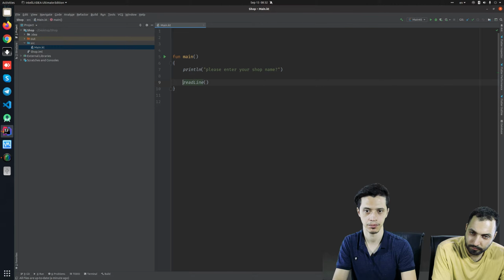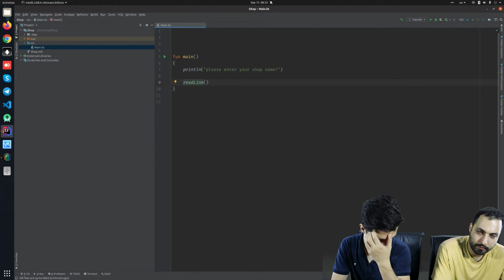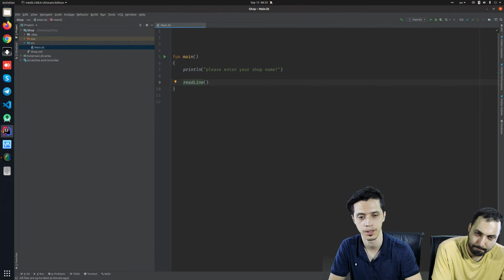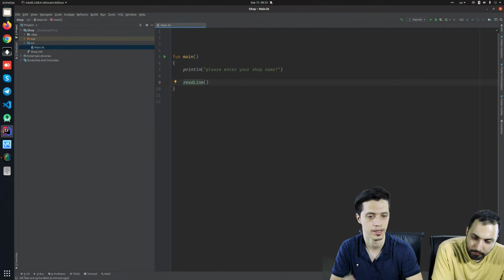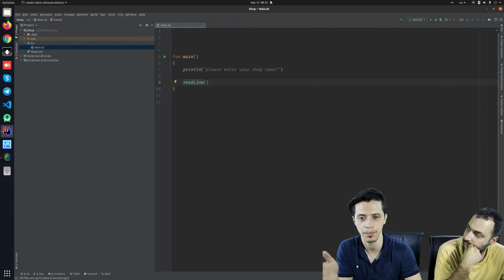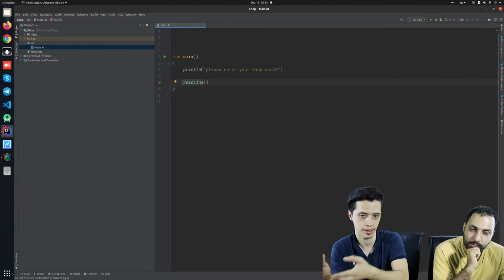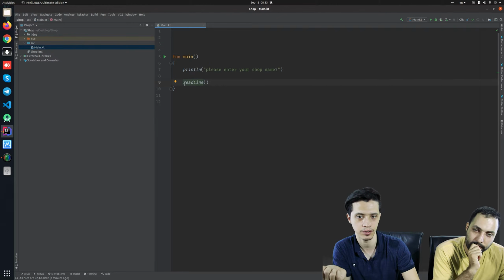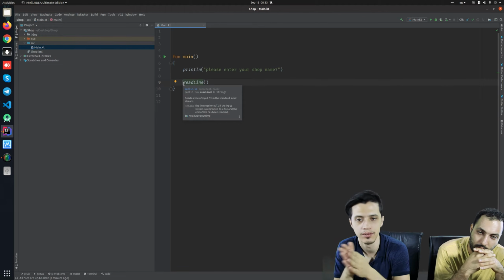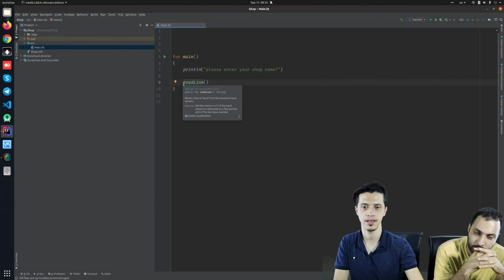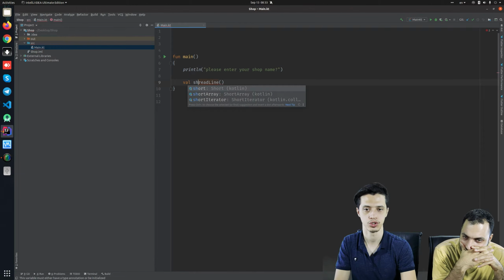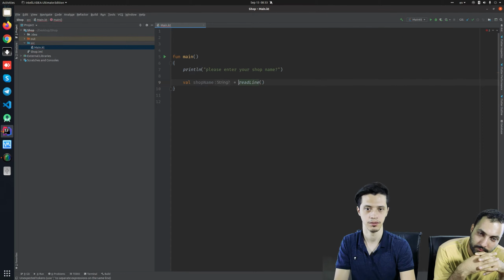But we have not assigned it to any variable or value here, and if we don't assign it to some variable or value, the value will be lost, will be gone. But the user can enter something. Yes, he will enter something, and the readLine will return the entered value, but the returned value has no place. Yeah, the return value won't be saved. That will be lost. So in order to save the return value, we define a value named shop name, and we assign readLine to it,